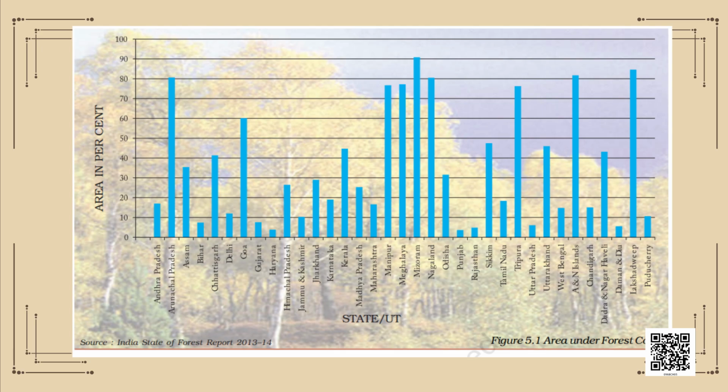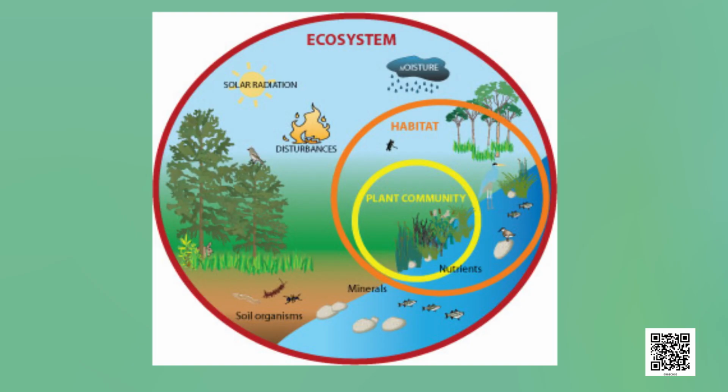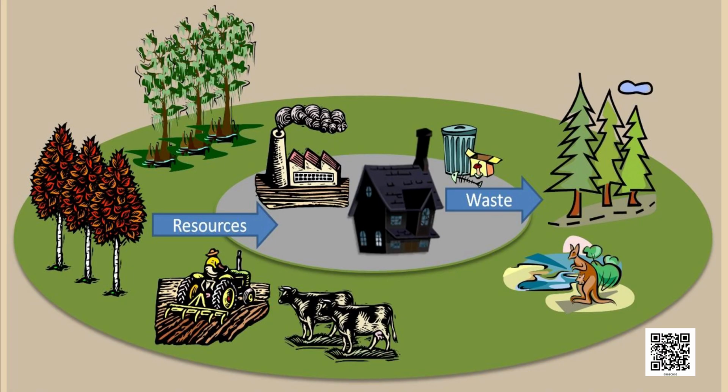Now let's move further and talk about ecosystem. Plants occur in distinct groups of communities in areas having similar climatic conditions. The nature of the plants in an area to a large extent determines the animal life in that area. When the vegetation is altered, the animal life also changes. All the plants and animals in an area are interdependent and interrelated to each other in their physical environment, thus forming an ecosystem. Human beings are also an integral part of the ecosystem.